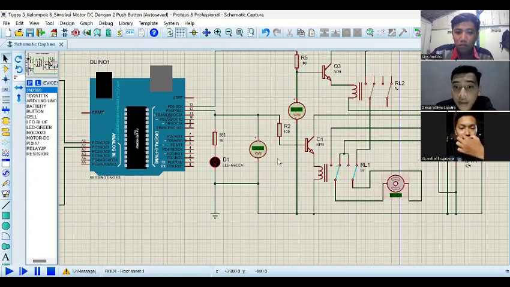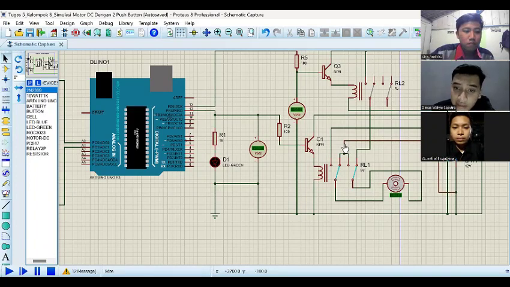On pin 12, resistor 1 of 1000 ohm is connected, and a green LED light is a sign that the motor is running.